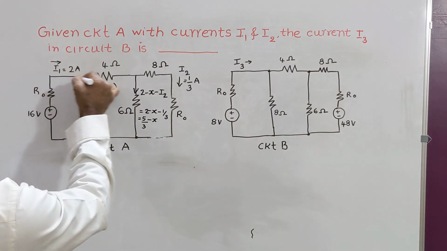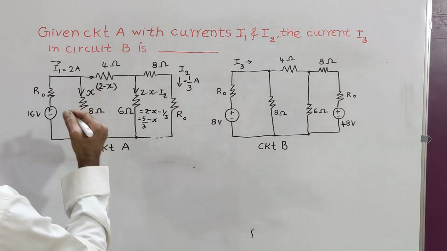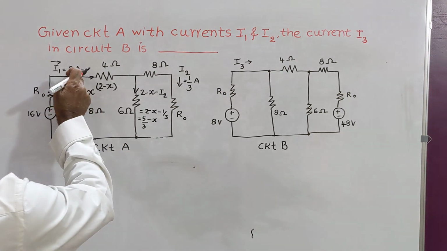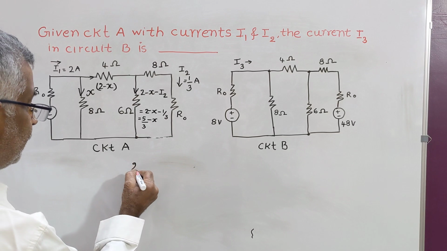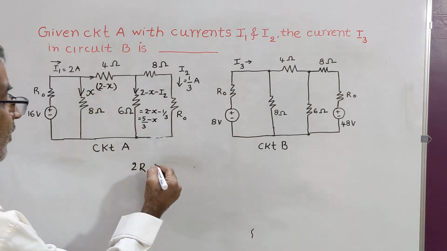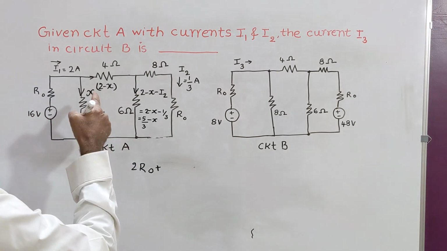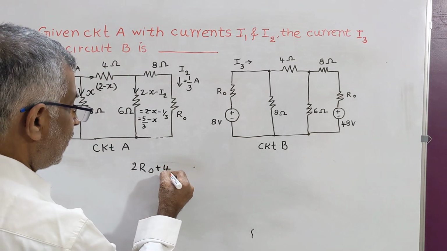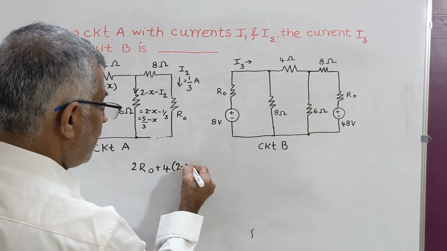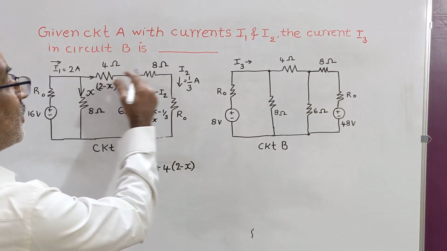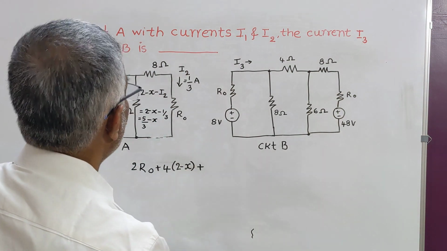If you apply KVL to this path, then 2 into R0 plus 4 into (2 minus X), next plus